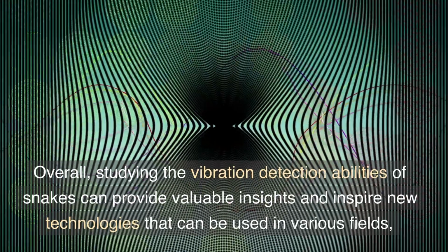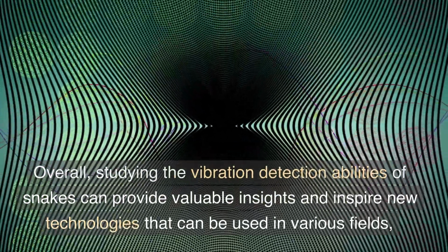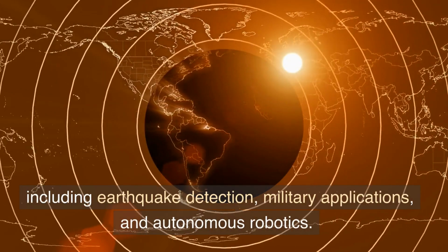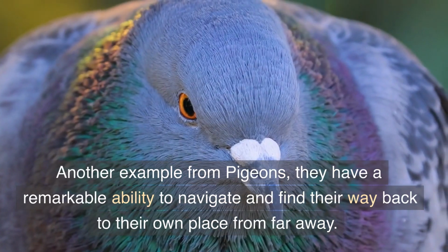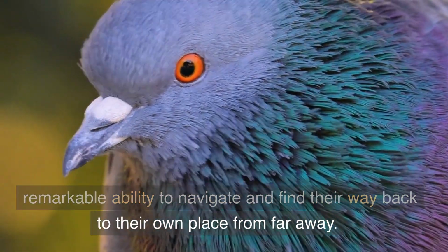Overall, studying the vibration detection abilities of snakes can provide valuable insights and inspire new technologies that can be used in various fields, including earthquake detection, military applications, and autonomous robotics. Another example is pigeons. They have a remarkable ability to navigate and find their way back to their own place